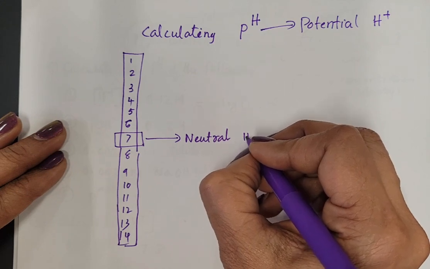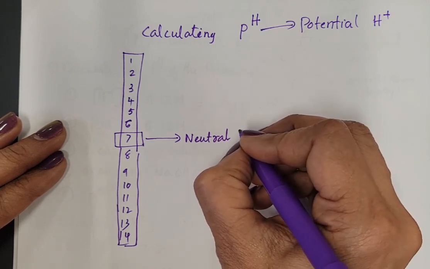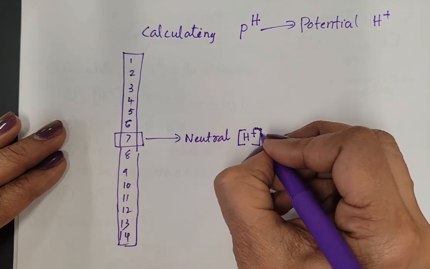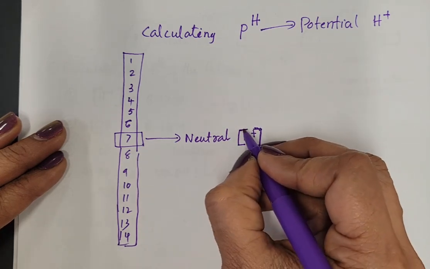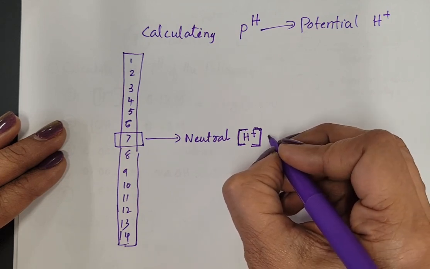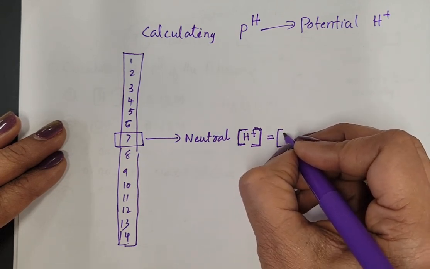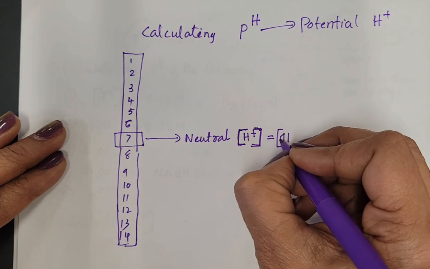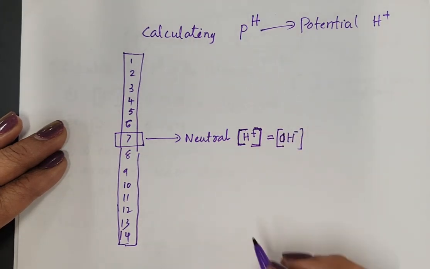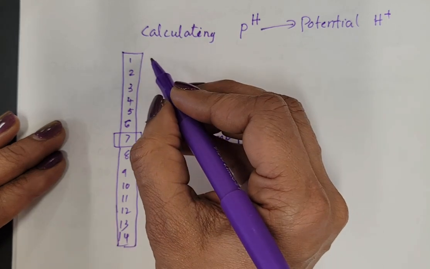We can show concentration or molarity using a square bracket. This square bracket indicates the molarity or amount. The amount of H plus ions will be equal to OH minus ions for a neutral solution. But if pH is lesser than 7,